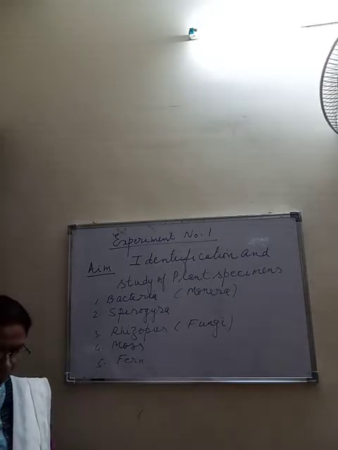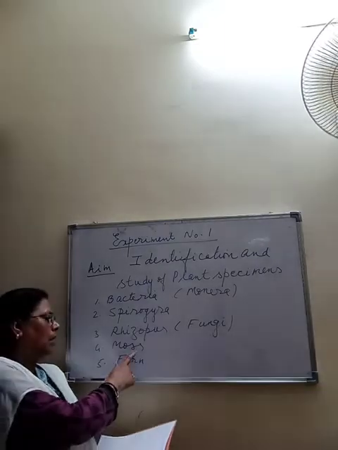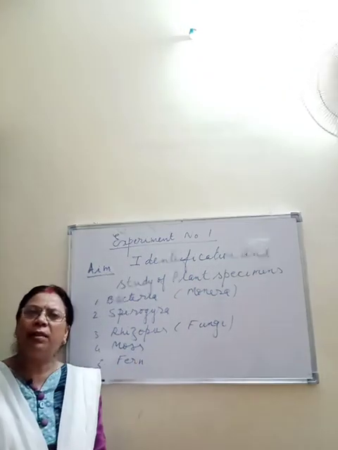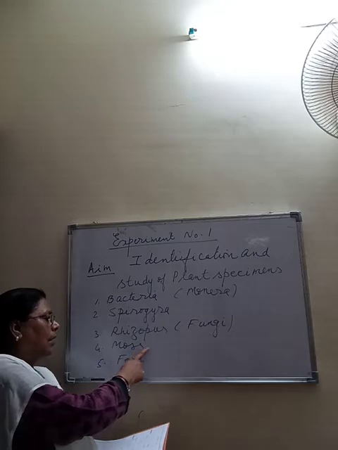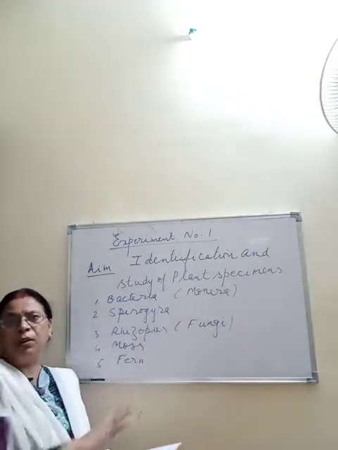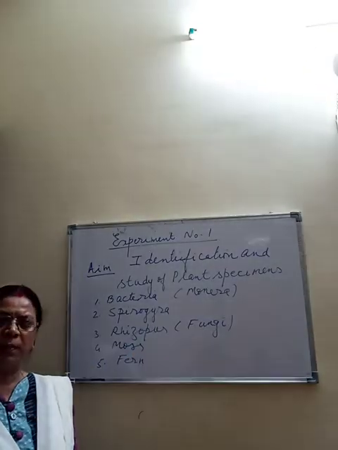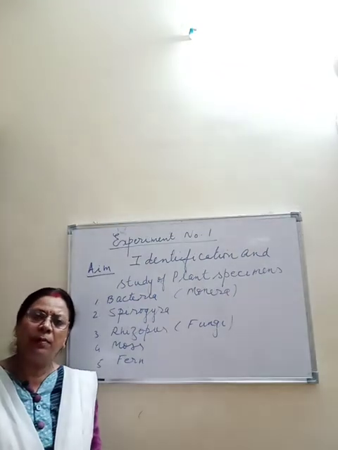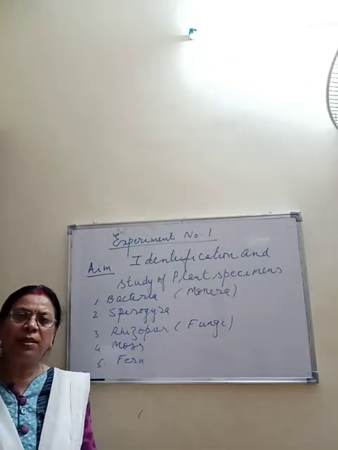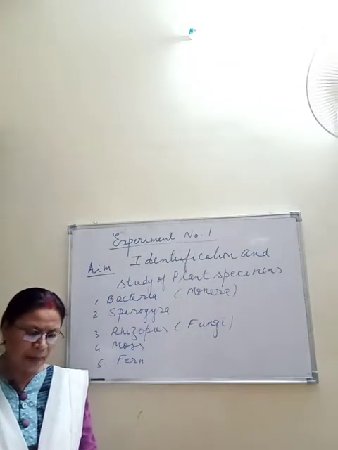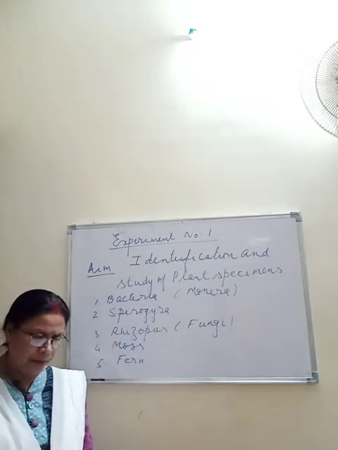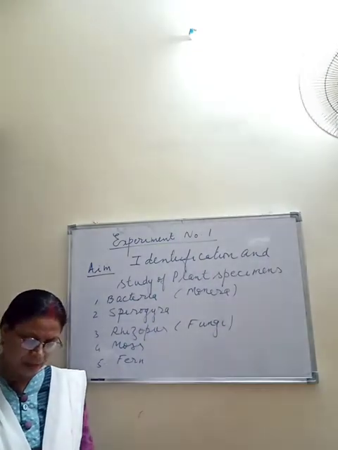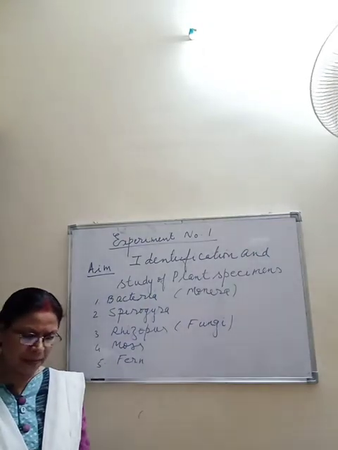Okay, the fourth one which I have sent is a moss. About moss and fern you have read in your theory also. Moss, its scientific name is Funaria. What you should remember for your practical exam, which will be of MCQ type, you must have seen the date. So it will be MCQ type. So what is important? What is the scientific name of moss? Funaria. Okay, and it grows in shady places.